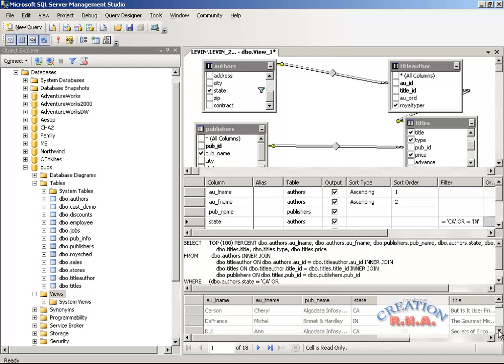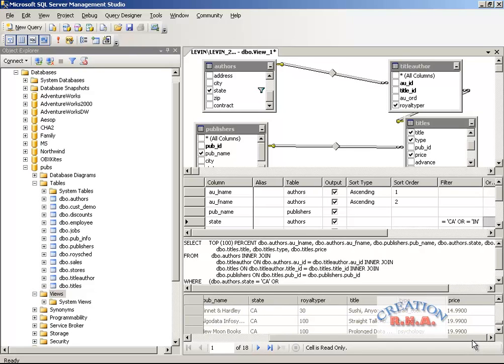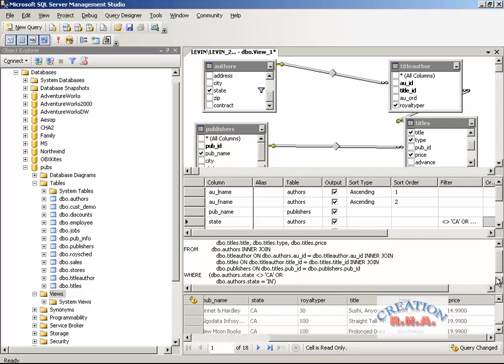Here we are. We have this SQL statement, and this is how it got generated. Now suppose I wanted all the other states except CA or IN. I'll just go and change the filter here. I will say not equals to, and I will see the SQL changes here, down in the where clause. I am going to execute this SQL again from here.